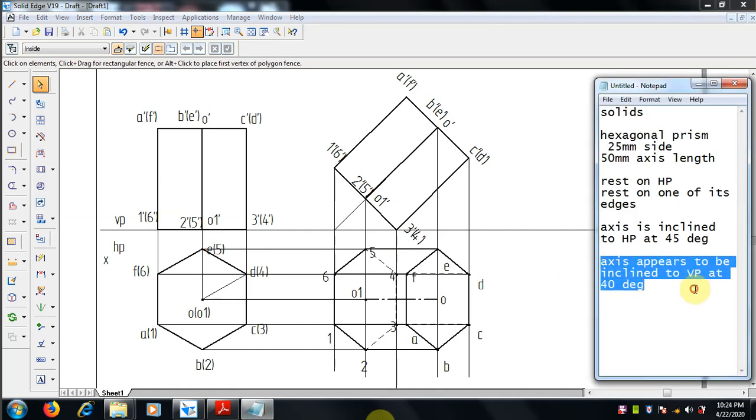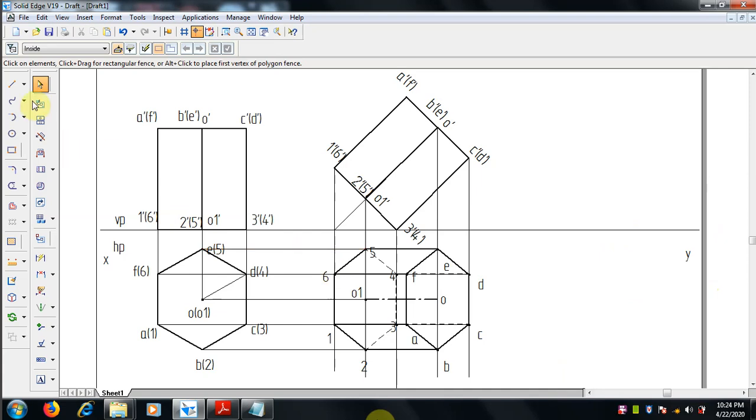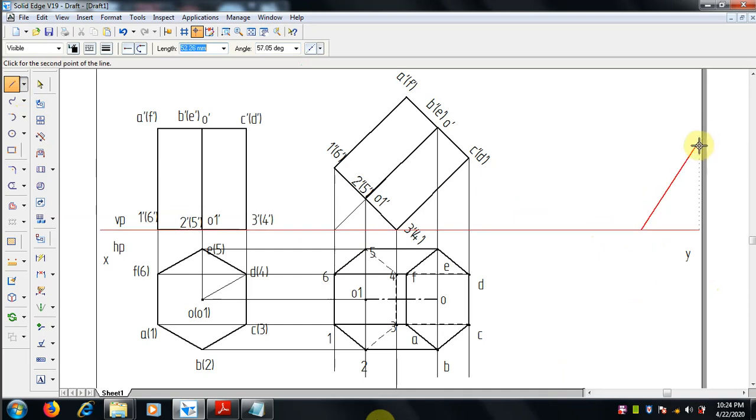The next one is the axis appears to be inclined to VP. So directly it is given as appears to be inclined. We can draw a line which is inclined to the VP, and we can rotate for the given different angle. 40 degree is given. So draw the line inclined to VP.